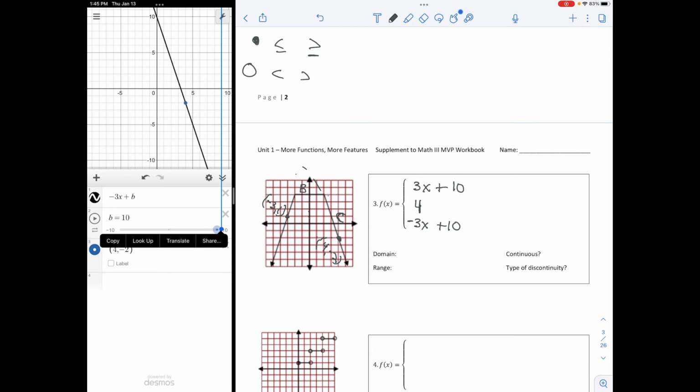Okay, now I have to go back and do my domain. So this is broken up here and here. So my domain for A is x is less than negative 2. Now, is it greater than or equal to? It doesn't matter. It's closed, so I can make it less than or equal to. And then for the next part, it would go from negative 2